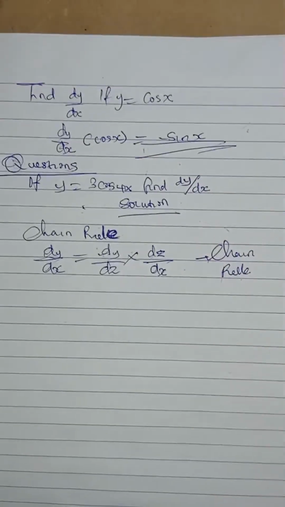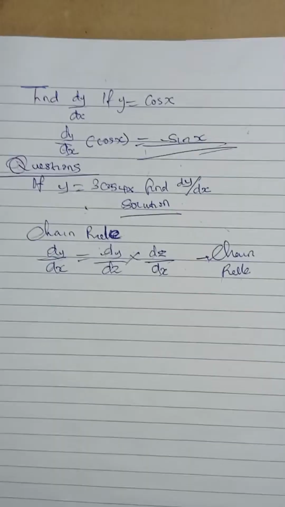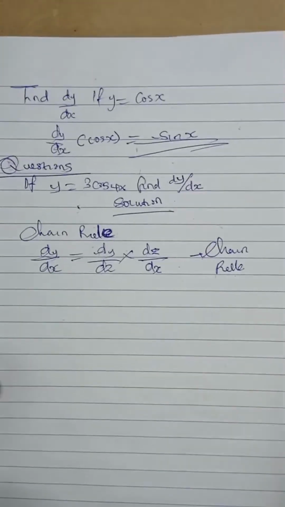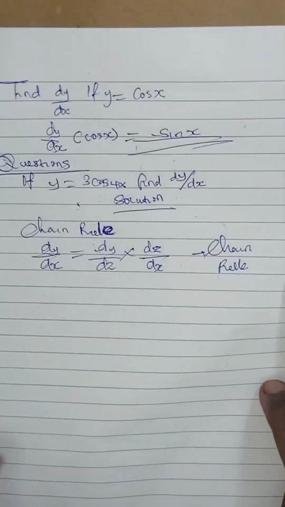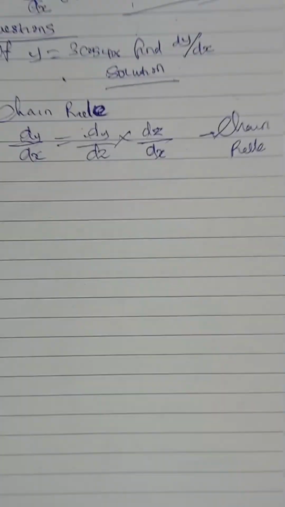So moving on from here, if you are asked to solve this kind of problem, you use the chain rule, like I said. Now the chain rule states that dy over dx of a function is equal to,